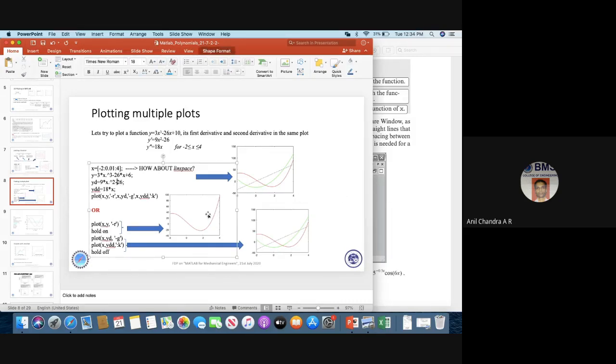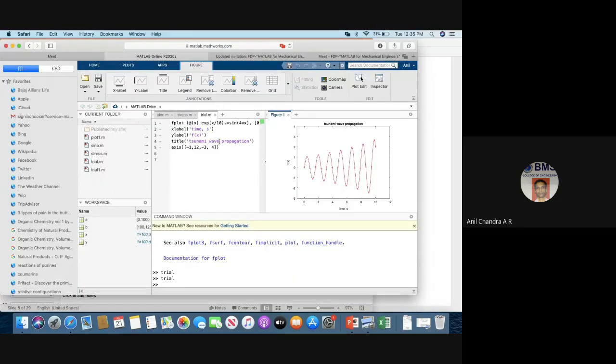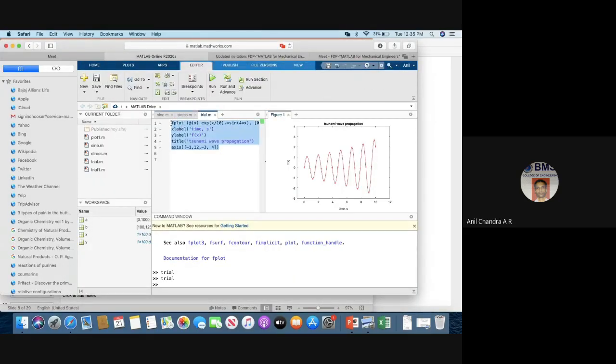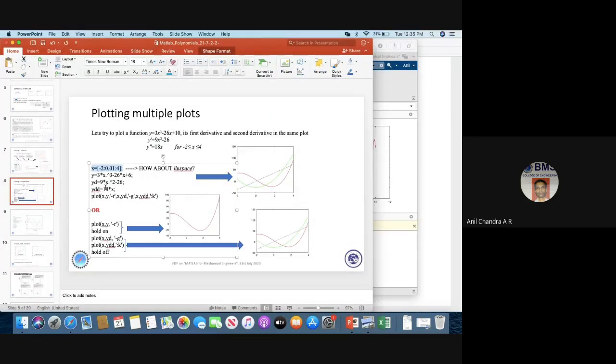Somebody wants to try it. So I've defined x value. Then Anil, yeah, they wanted this to be pasted in the chat box so that they can also try it. Okay. If possible. Yeah.